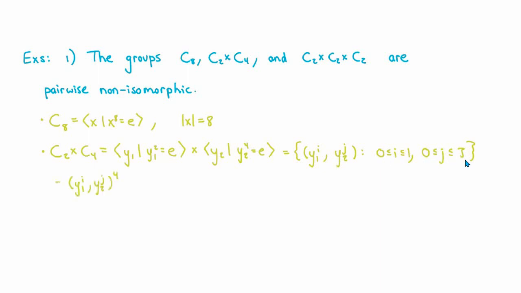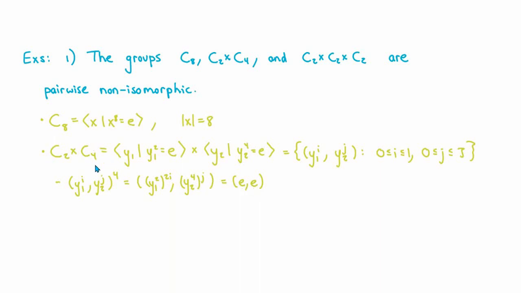Now first observe that if you take any element of this group and you raise it to the 4th power, by the rule for the binary operation in the direct product of two groups, that just becomes y1 to the power 4i times y2 to the power 4j, which by properties of exponents is y1 squared to the 2i, y2 to the 4th to the j. I've written it this way because I want you to notice that y1 squared is the identity and y2 to the 4th is the identity, so that this element is really just (identity, identity), which is the identity element